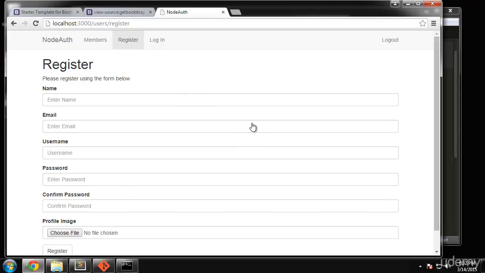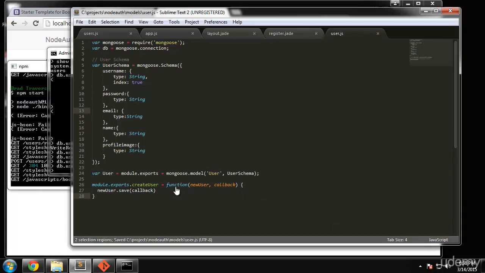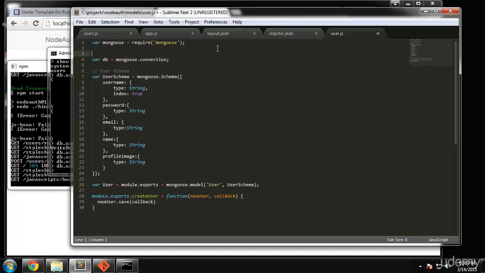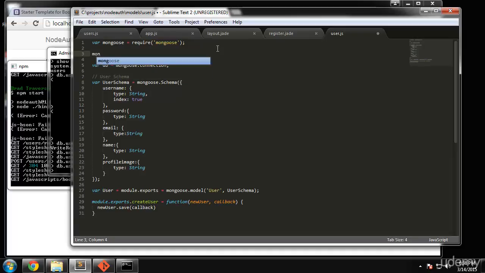I'm going to do a little bit of debugging and I will be back. All right guys, so I think I found the problem, and it's a pretty big one that we missed, and that is to actually connect to the database. Between these two steps, we need to say mongoose. We haven't been telling the model which database to use or which collection or anything like that. So we need